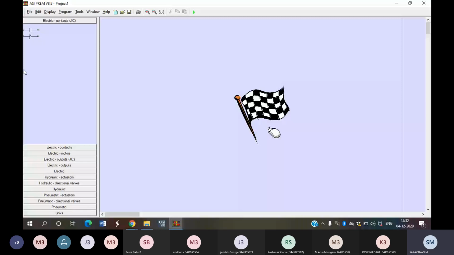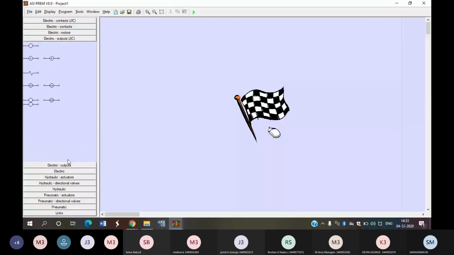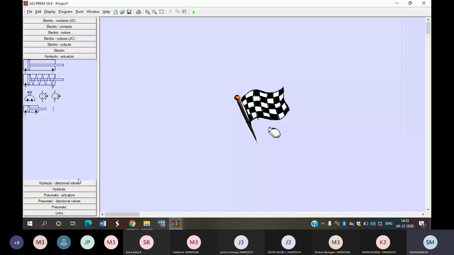Electrical components are also given, like the motor symbol. These are all the electrical output symbols. Everything is given, but as per our syllabus we have only the hydraulic and pneumatic circuits. Now I will give a small demonstration based on this. I'm going to pick the file menu.